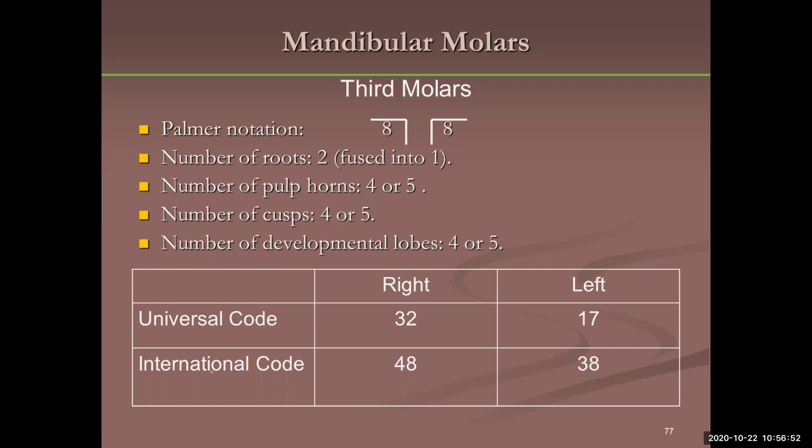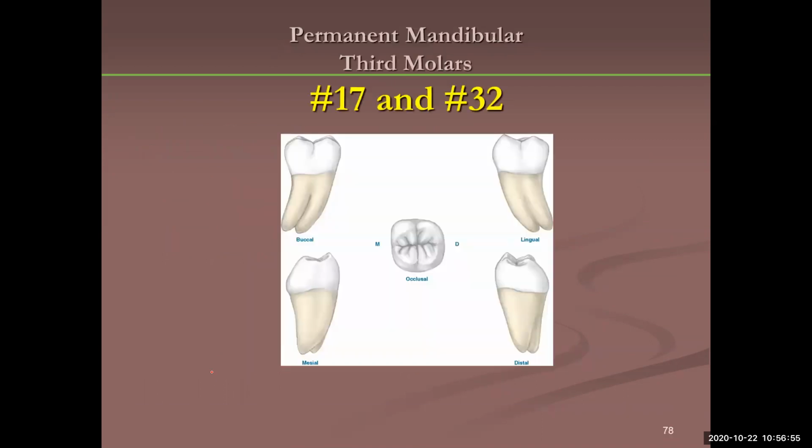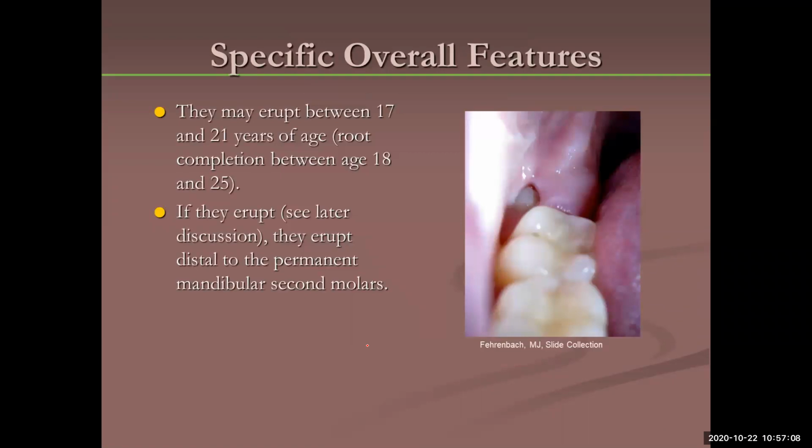Oftentimes the roots are fused. And this is a good picture of a third molar. Anything goes. So, third molars erupt between 17 and 21 years of age. You're going to add a couple years to that for root completion. They erupt distal to the second molars because they're the last teeth in the mouth: the first molar, second molar,